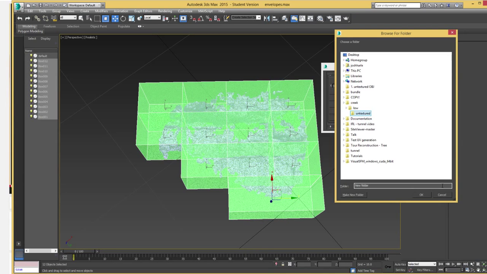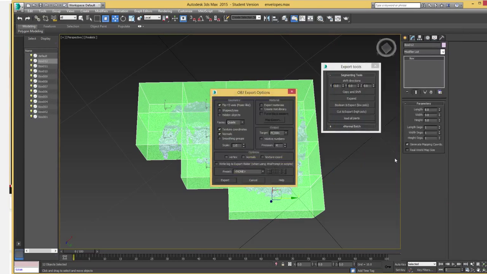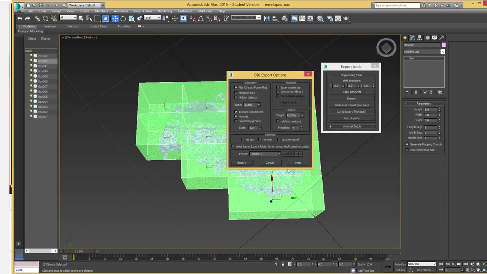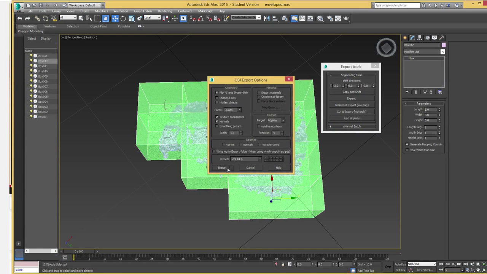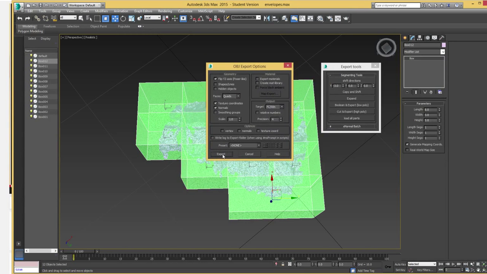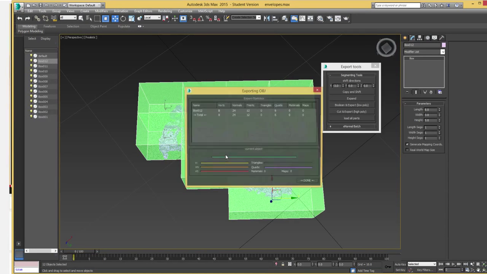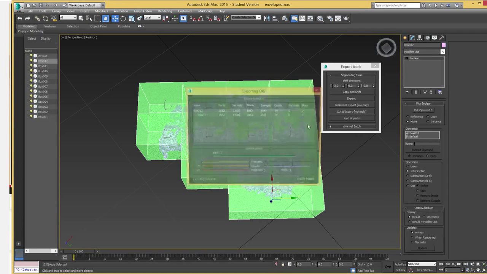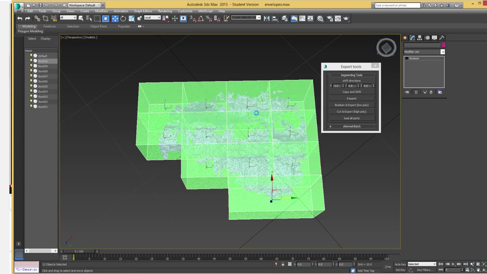The reason why I'm doing that is because in a minute we'll create textured versions of these. So if I hit OK, it's going to pop up with a little export dialog. This is just setting the properties for all of the rest of the export. These settings will be applied to the export of all these sections. So if I just hit export, then it will use those sections, and you see it's going pretty quickly through,